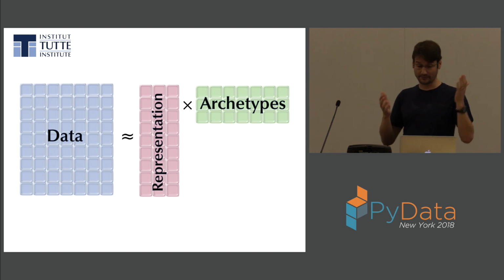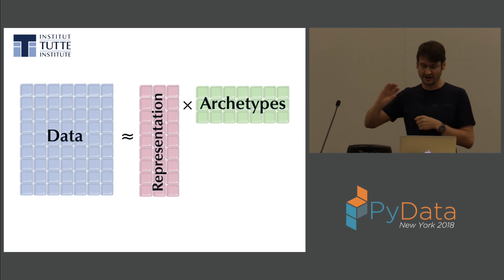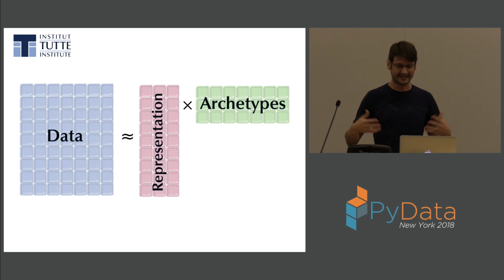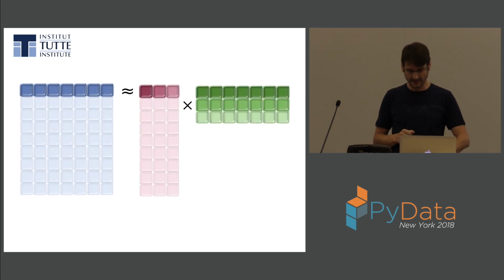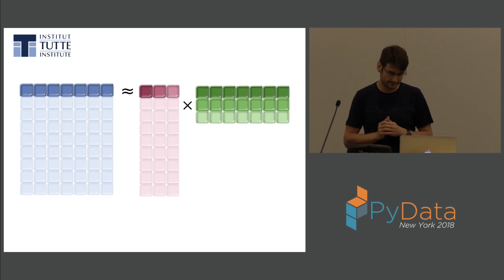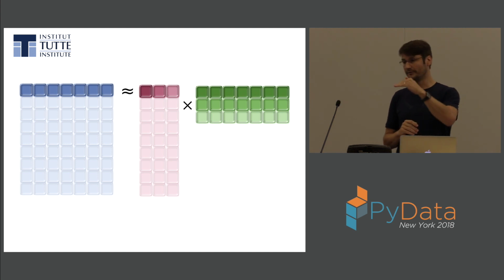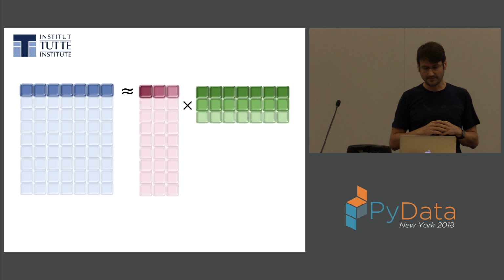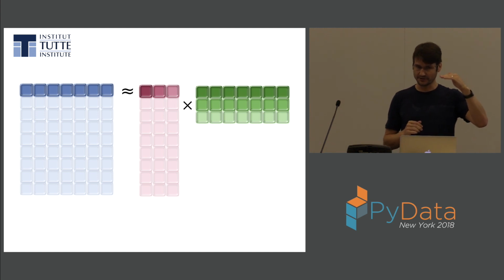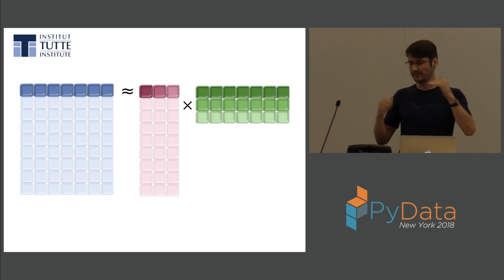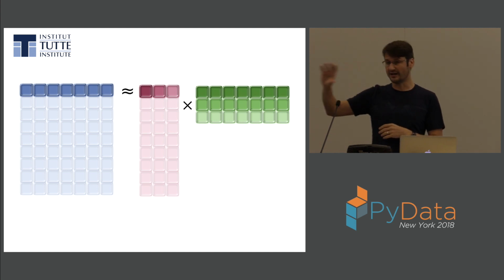So you can think of the representation as your low dimensional representation. The archetypes are sort of the basic forms, the exemplars that you're going to use to reconstruct the original data. Looking at a single row of your data, a single sample, it is represented as one row of your representation. There's a corresponding representation for each sample, and it's going to be multiplied by, or act on, the entire matrix